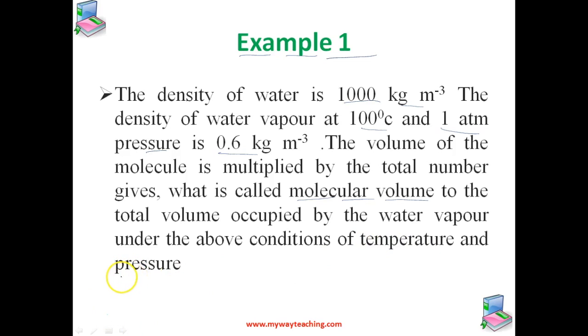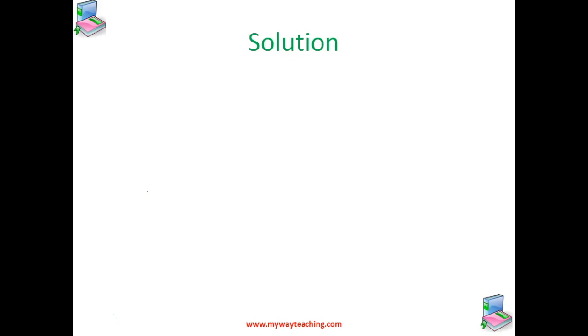Okay, we should analyze this problem. They have given the density. Now let us see the solution for this. See, for a given mass of water molecules, the density is less if volume is large, isn't it? So, the volume of the vapor is given by